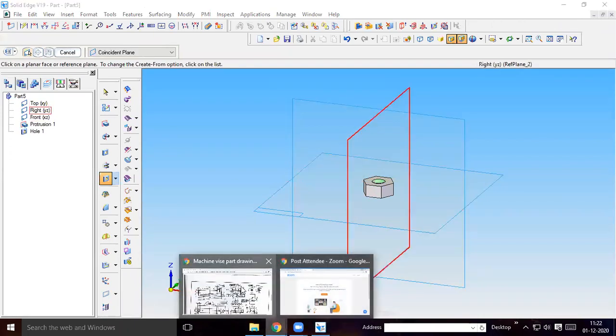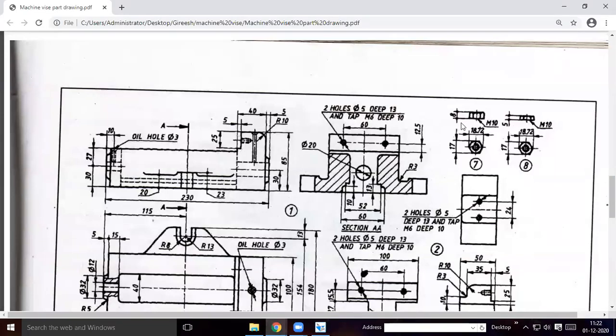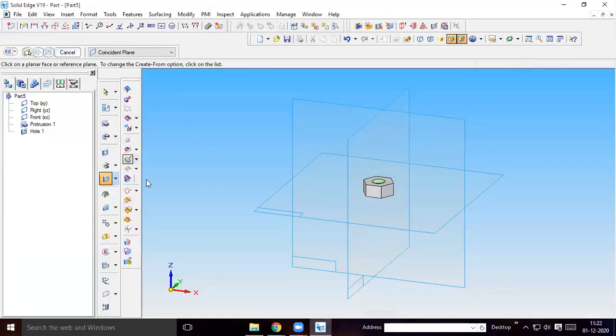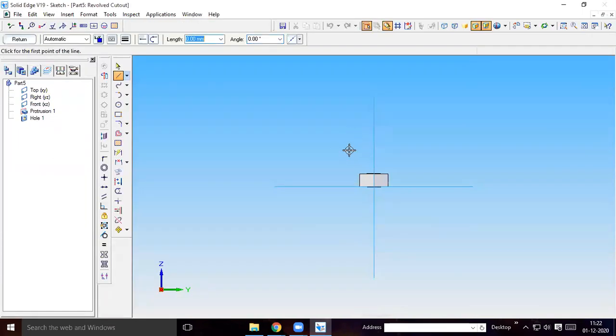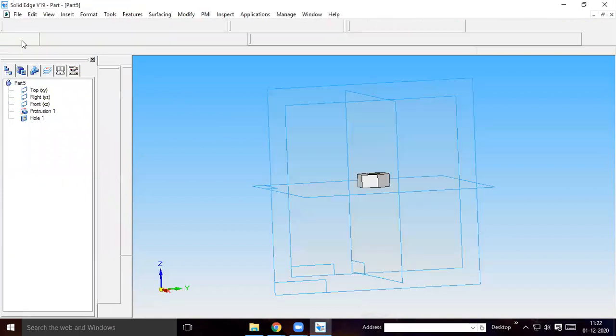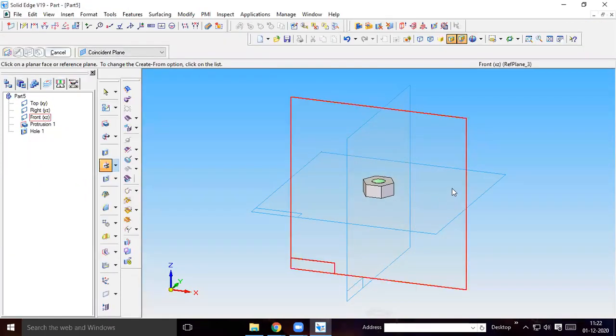Okay, once you create this nut, here at the top, it is not flat. It has to be round, something like round. For that, what you have to do? Use revolved protrusion, revolved cutout. Select the plane such a way that three faces will be visible from the nut. Here, if I select this plane, only two faces are visible. If you take it like this, you will not get proper round. Select the plane such a way that three faces are visible.